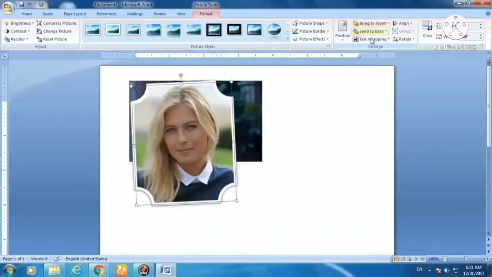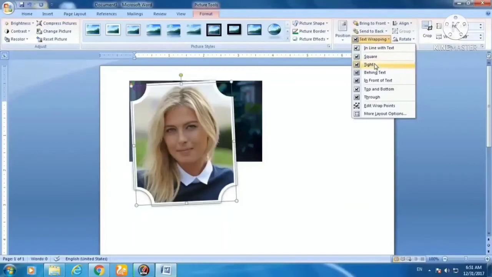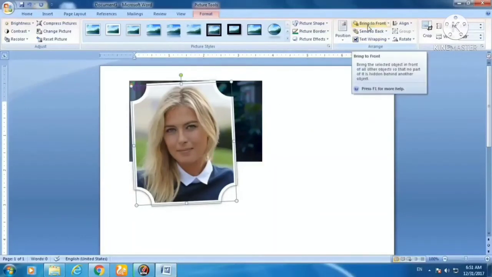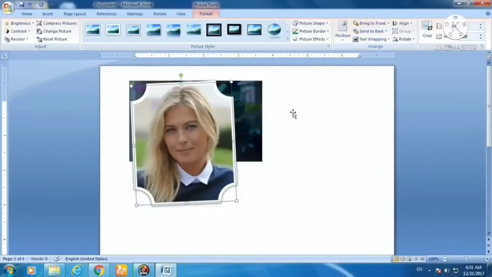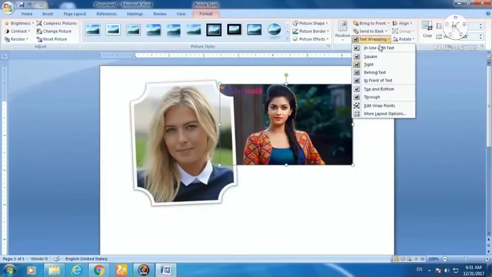Send the picture to the back or bring it to the front, this also you can do from here. So you can send the picture in front or you can send the picture back also. Then if you want the text to come over the picture or behind the picture, that also you can set from here.